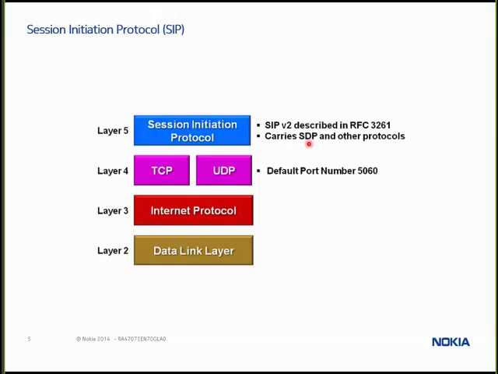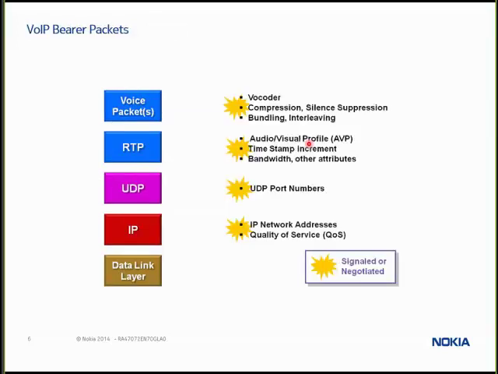Now, there is another protocol that we're going to be dealing with in this module more so. It's the voice protocol. Again, data link layer and IP are going to be the same, but notice we only have UDP involved. So we're only utilizing UDP, or User Datagram Protocol, for our transport of voice. Now we'll have port numbers that are associated with each direction of that transport, and we'll see that later on when we get into the voice over the real-time protocol